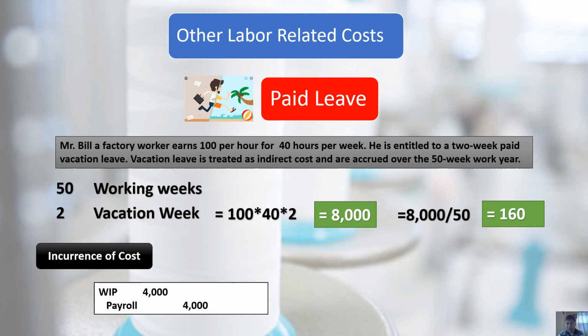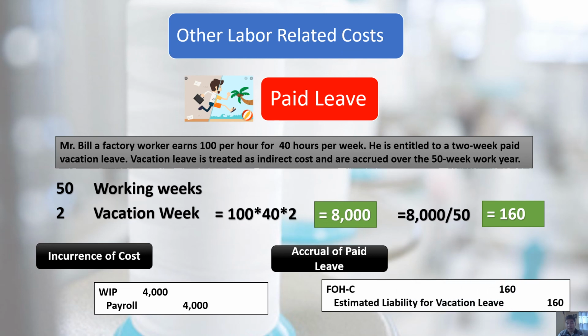So we have 4,000. So ang next nating i-record is yung incurrence ng ating vacation leave. So sabi ko nga kanina, in-earn natin yung vacation leave from the first week pa lang. So ibig sabihin, kasabay ng incurrence of cost, dapat magre-recognize na po tayo ng vacation leave. So therefore, ang ating i-record dyan is debit, factory overhead control, kasi hindi natin yan pwedeng i-record as direct labor kasi nga wala naman tayong napoproduce na product during this time. So therefore, it is considered as indirect cost. So debit ka, factory overhead control, then credit estimated liability for vacation. In this case, sa week na to, ang i-record lang natin is 160 kasi nga first week pa lang naman yung ating